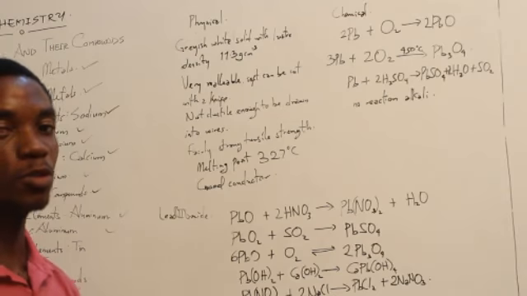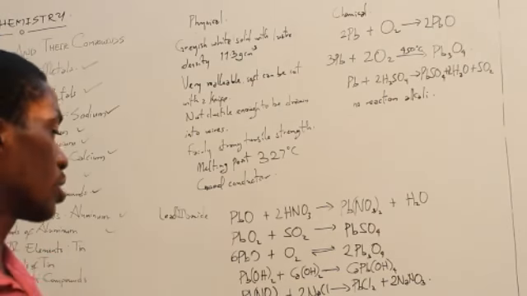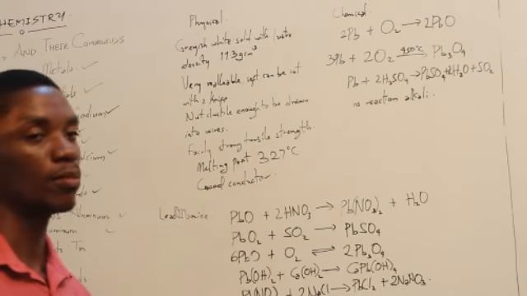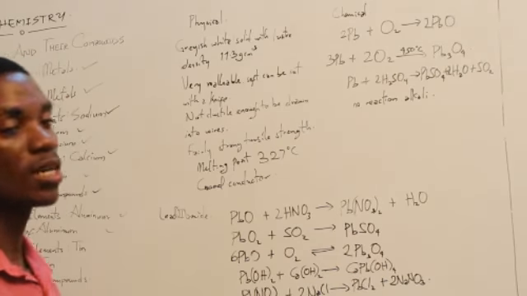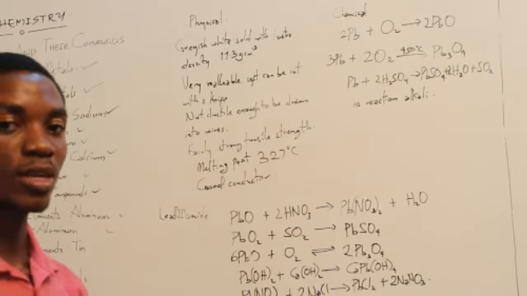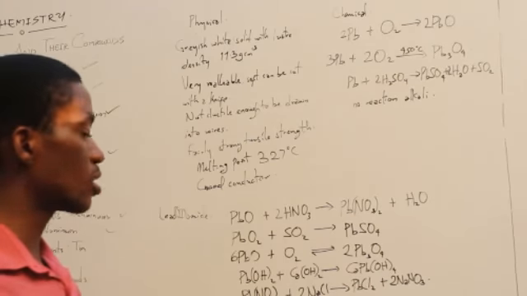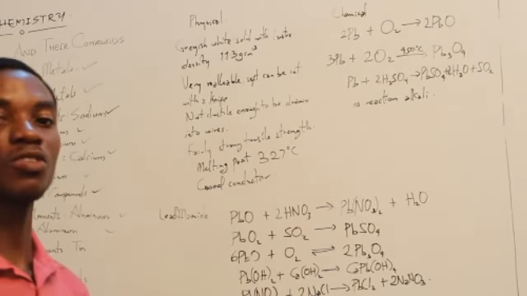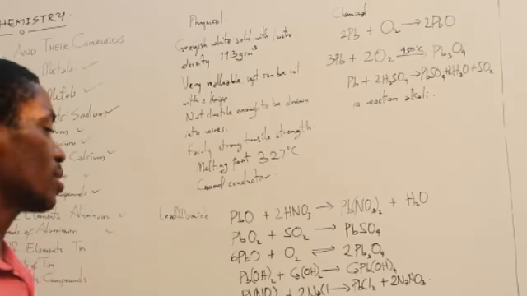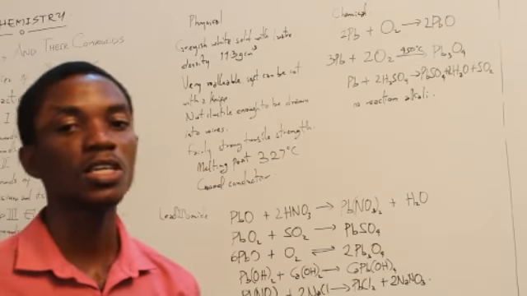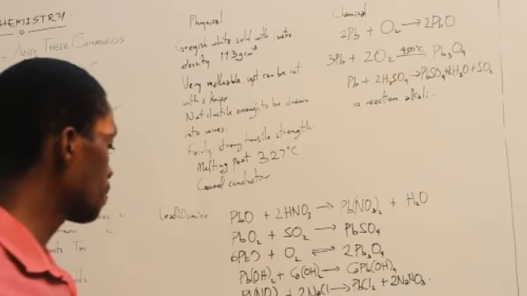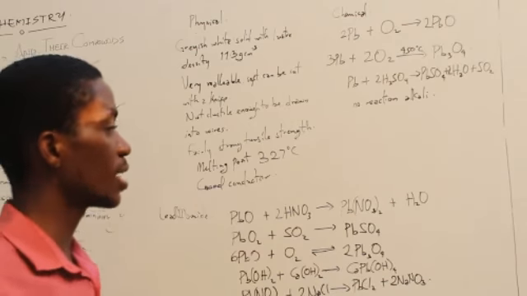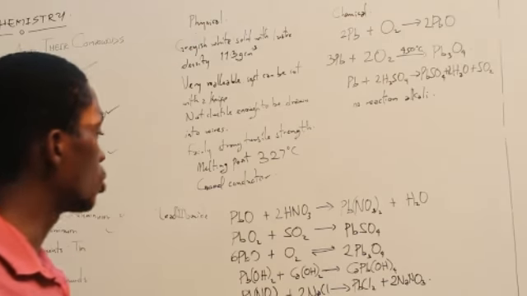Lead 4 chloride can be produced by reacting lead 2 chloride with chlorine. But this particular process, for it to be produced, it should be done at a temperature of 0 degrees Celsius. But when the temperature rises above 0 degrees Celsius, it decomposes back to where it came from. So these are the kind of reactions in which lead takes part.